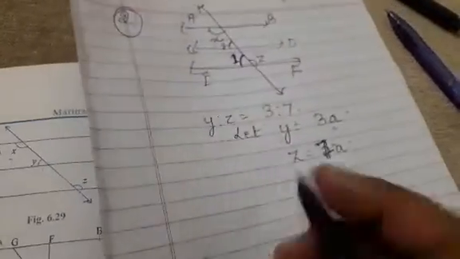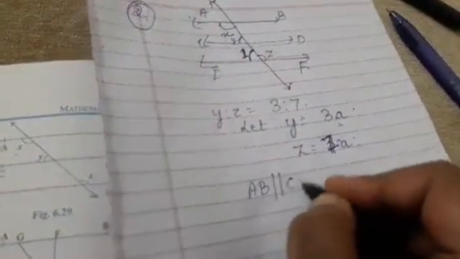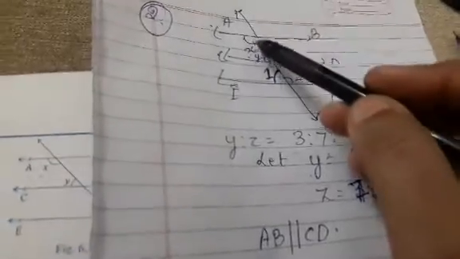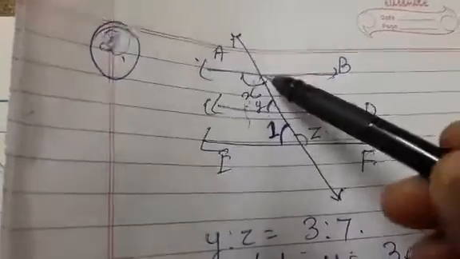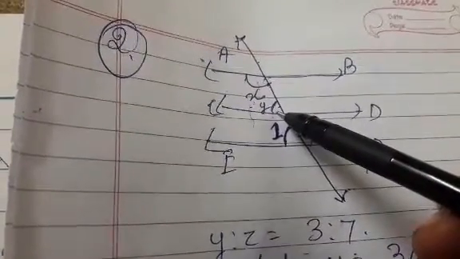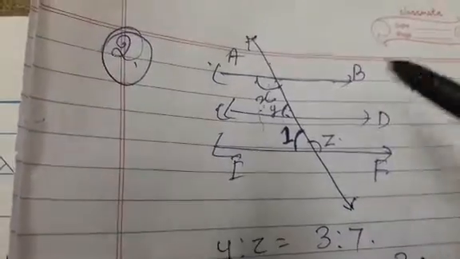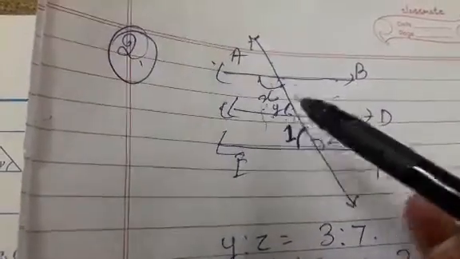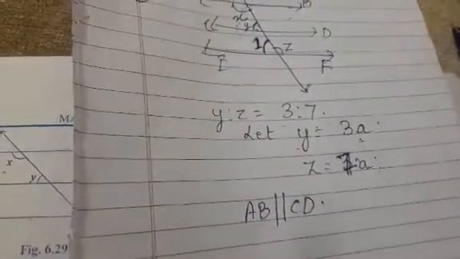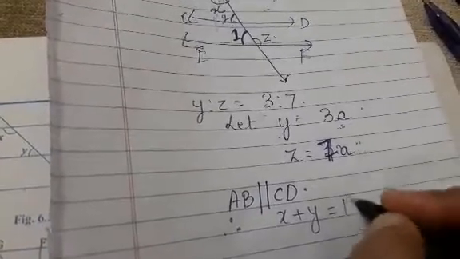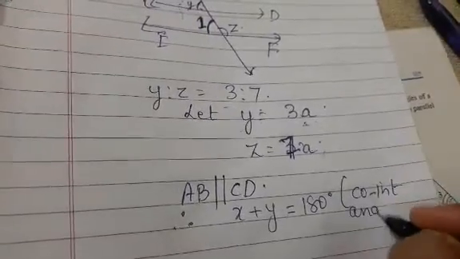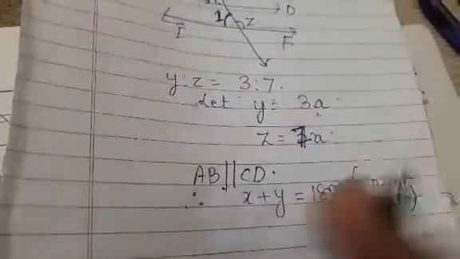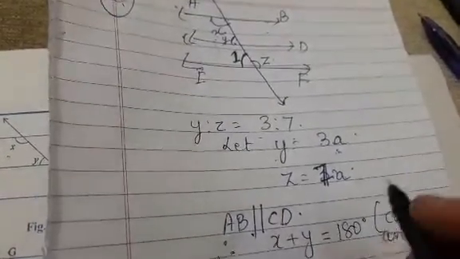Beginning with x and y, you know that AB is parallel to CD. Now when the lines are parallel, these angles are co-interior angles. When co-interior angles are supplementary, the lines are parallel, or we can say when the lines are parallel, co-interior angles are supplementary. So here we apply the parallel lines property. We will write x plus y is equal to 180 degrees, and the reason is co-interior angles are supplementary because lines are parallel. This is equation 1.